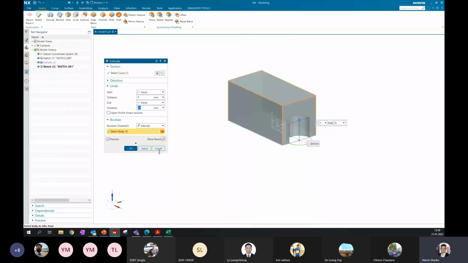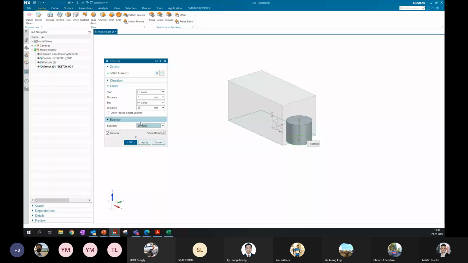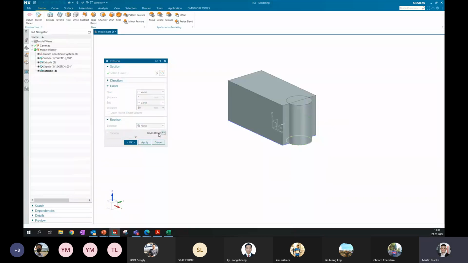And now we come to the first way, to the direct way. Here you can find the section Boolean. And here we have several different options. The first option, maybe first of all, let's change the distance from 25 to 50. Let's show. All right, so now we are none. So if I click on OK,